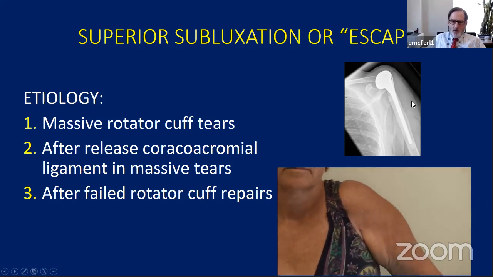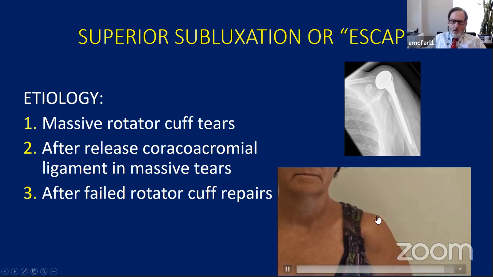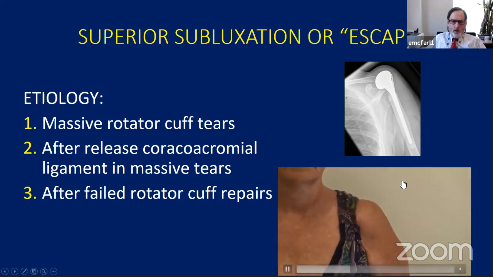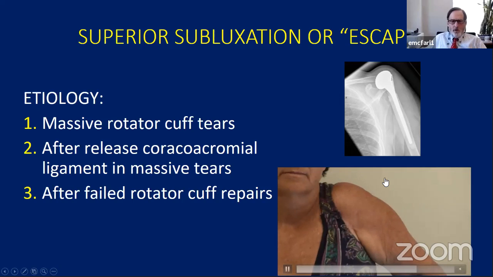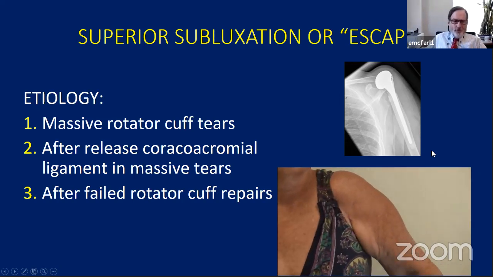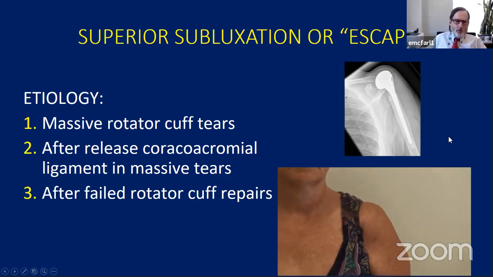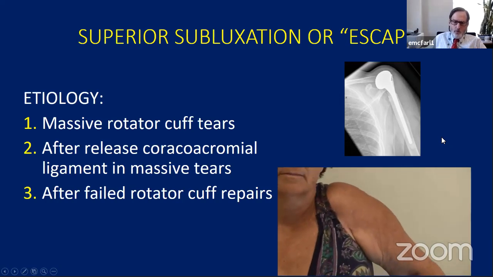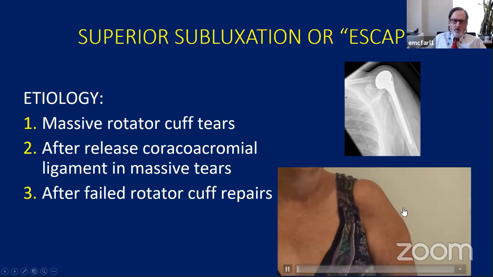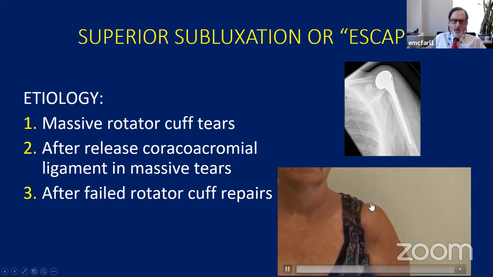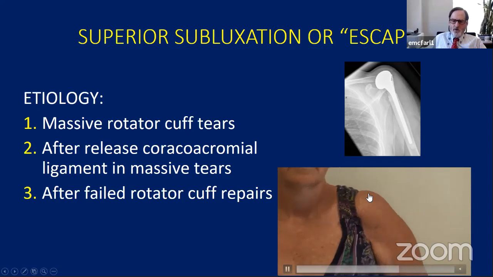This is what it looks like. The patient goes to raise their arm, and it almost looks like the humeral head is squeezing out the top of their shoulder. And as a result, they can't really raise their arm. The other thing that will cause this is if you do a massive rotator cuff repair and it fails, don't ever release the coracoacromial ligament, because all that does is you lose the restraint to superior subluxation like this. You see this oftentimes in patients who've had rotator cuff repairs. They can't raise their arm because they have this superior